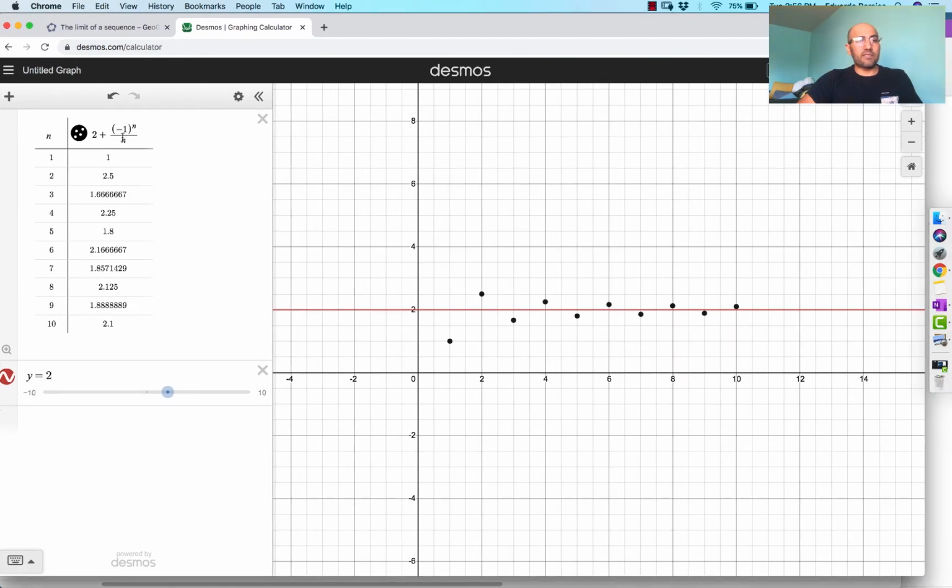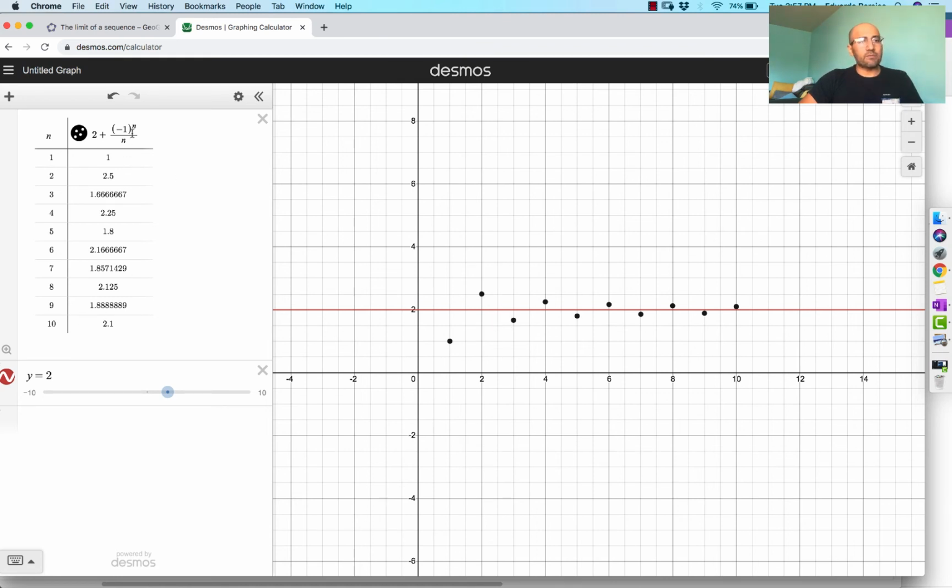Right? And that's because this is going to become positive, negative, so it'll oscillate between adding a little something to the 2 or subtracting a little something from the 2. Adding a little something, subtracting a little something, and that constant that you either add or subtract keeps getting smaller and smaller and smaller, so we're always dancing around and oscillating around this value of y equals 2. Good. Okay, so that's what the problem is asking you to do.